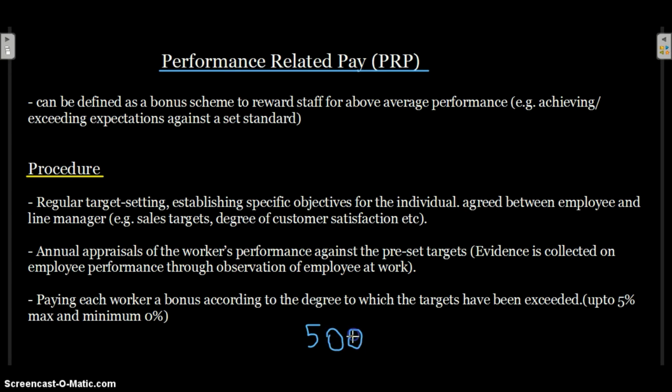So with this method, if you have made incredible sales performance, you had incredible sales targets, your customers were also satisfied with your work, you just performed over, you just had an outstanding performance. So your employers are very happy with your work, so they want to pay you the maximum possible, which is 5%. 5% is the maximum that they can have. So 5% of this will be, I believe, $250.